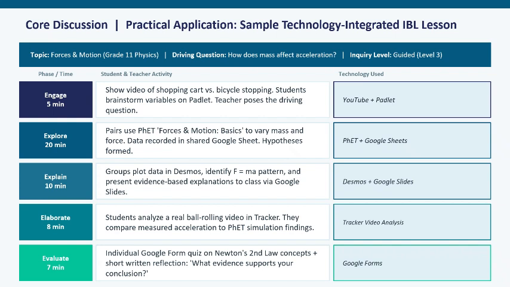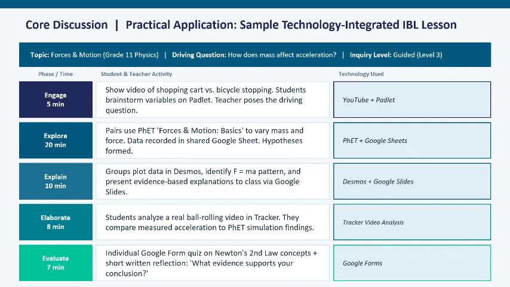Explore, 20 minutes. Students use PhET Forces and Motion to vary mass and force, recording results in a shared Google Sheet, forming hypotheses from the pattern they observe. Then in Explain, for 10 minutes, groups plot data in Desmos,